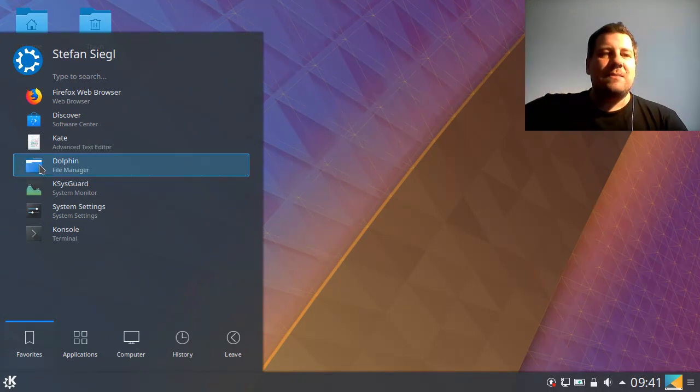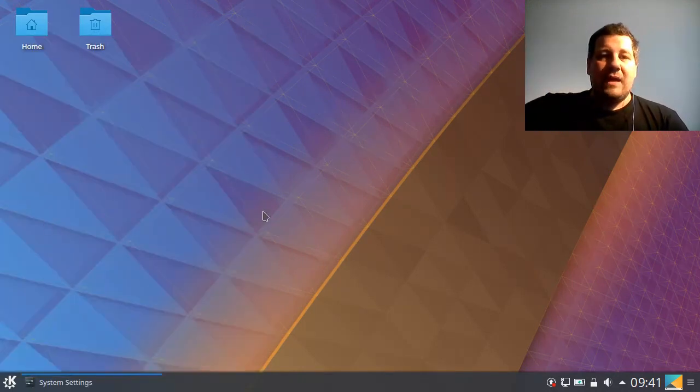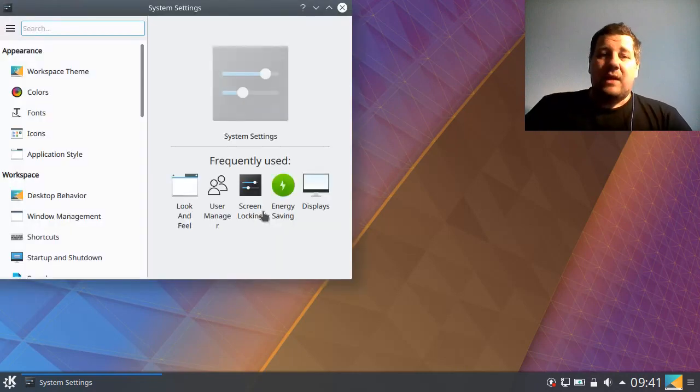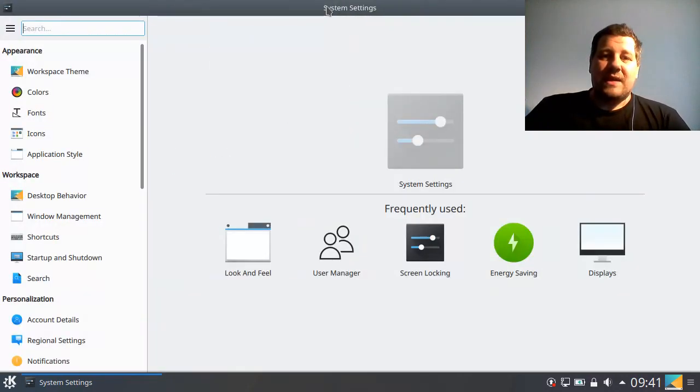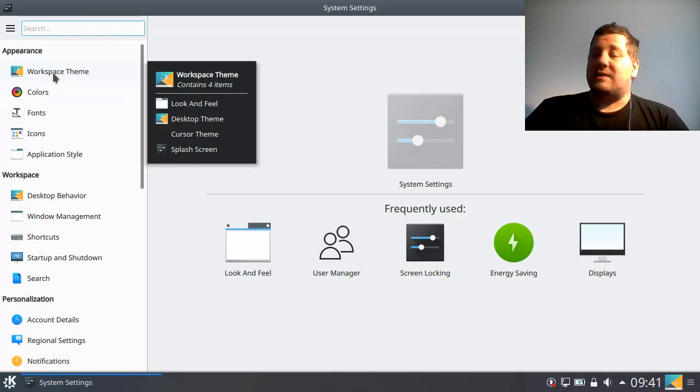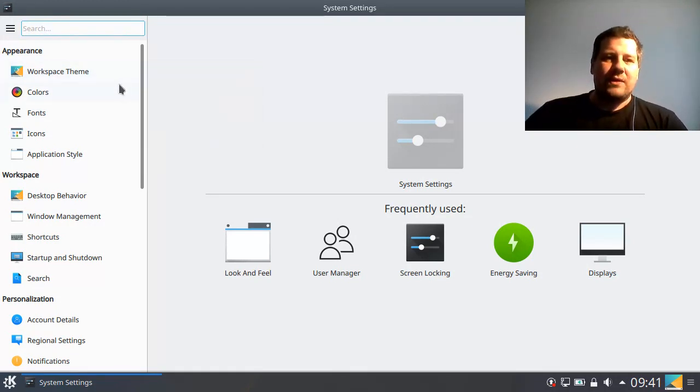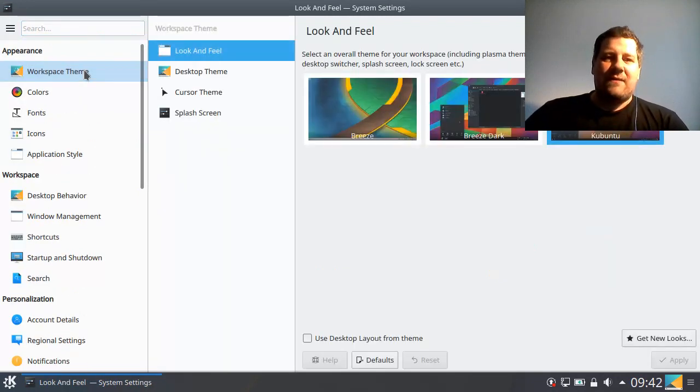Let's talk about themes in KDE for a moment. If you like this theme, do yourself a favor and leave it as it is, because this is one of the downfalls of KDE. You can fine-tune the heck out of it, and it's not based on GTK, it's based on Qt. And in Qt, the theme is the complete package: how your buttons look, how your scroll bars look, what colors you use. In KDE, it's all different. You can change things, but then you have to look out for